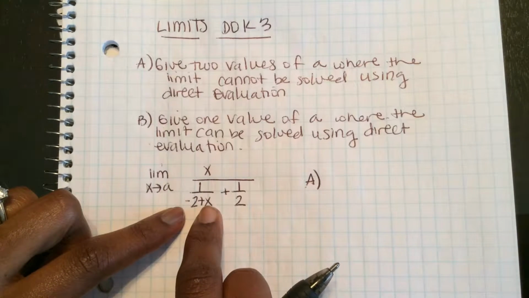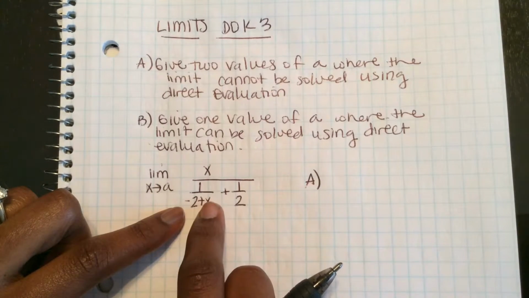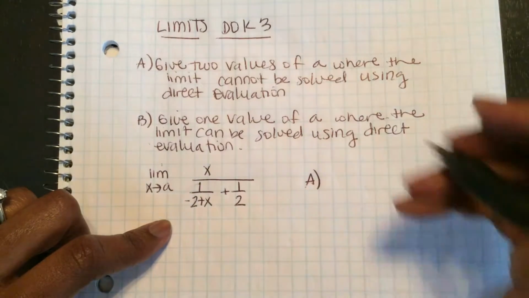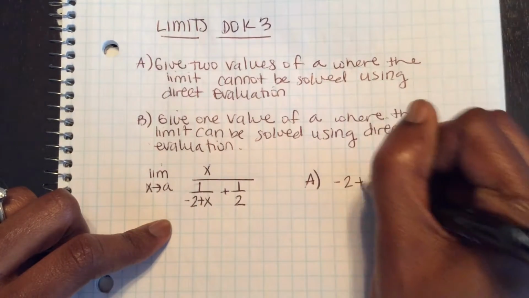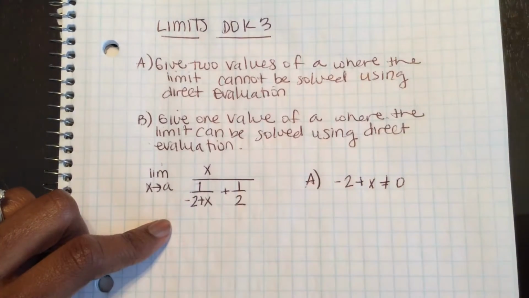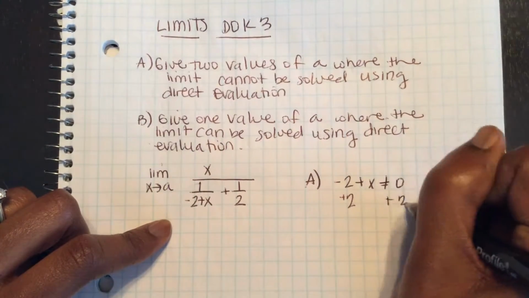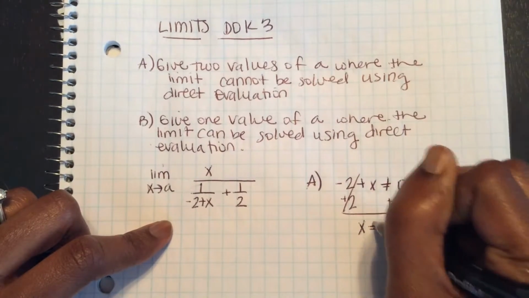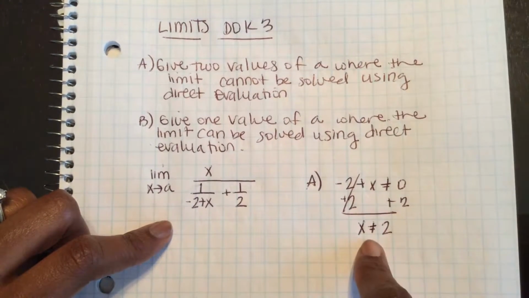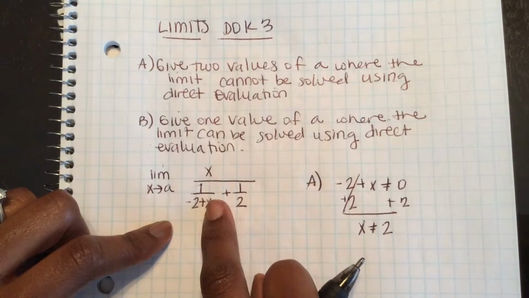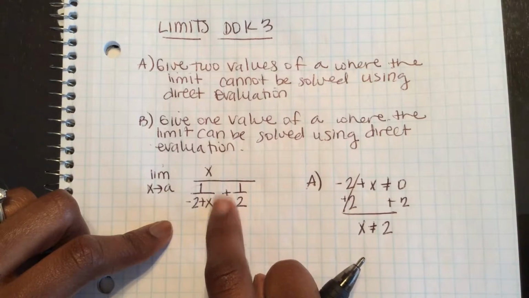So what x value, if I plug directly in here, would make this equal to 0? Well, I know negative 2 plus x cannot equal 0. So if I add 2 to both sides, x cannot equal 2. So that's one A value, where if I tried to plug this straight in, I could not